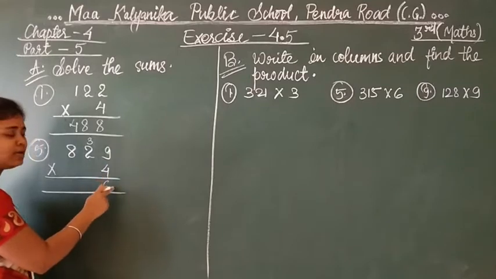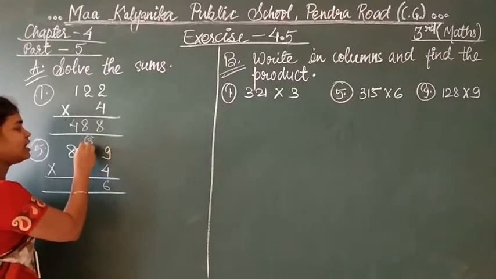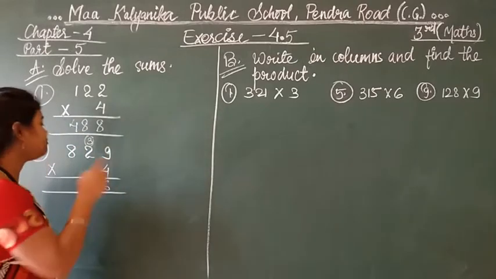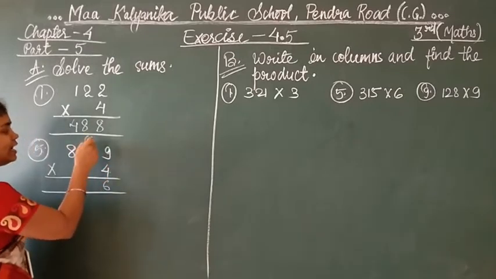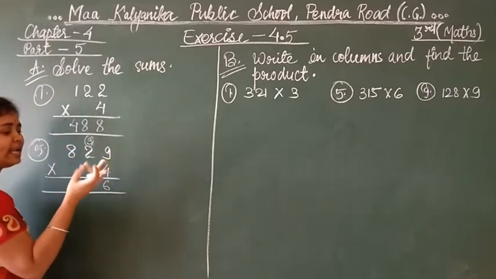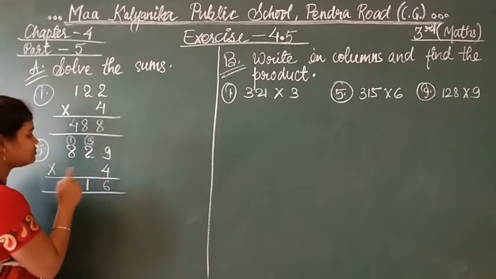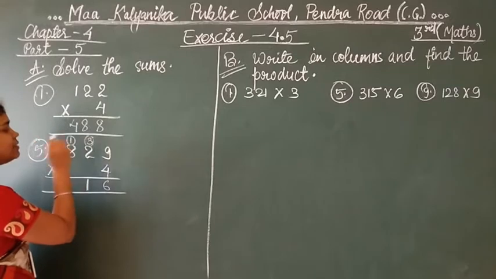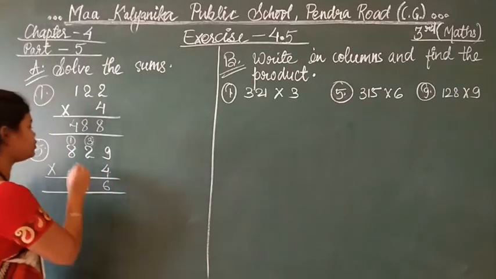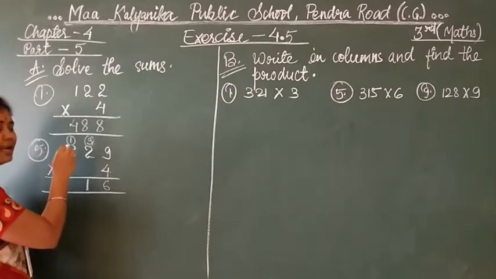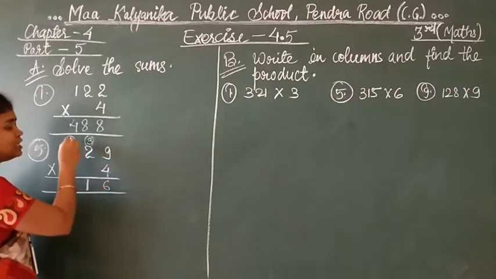After that, 4 2s are 8, but here 3 is present over here. You don't have to multiply it, you have to add it. So 4 2s are 8, 8 plus 3 is 11. So 1 carry here and 1 here. Then 4 8s are, read the table of 4 up to 8, or 8 4s are: 8 1s are 8, 8 2s are 16, 8 3s are 24, 8 4s are 32. 32 plus 1,